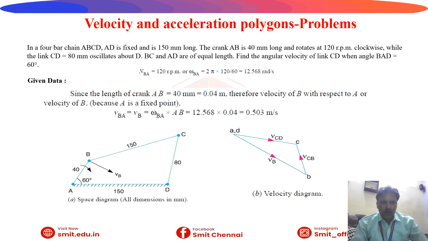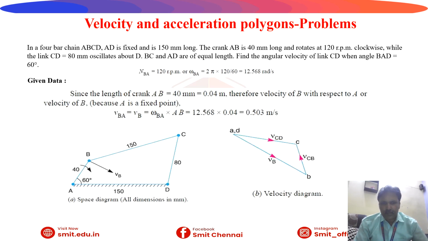Now this is the problem we are going to discuss. This is a very important problem. This type of question the university might ask in the final examination, and it is a very simple question also. A 4-bar mechanism ABCD is given, and AD is fixed. The length is given as